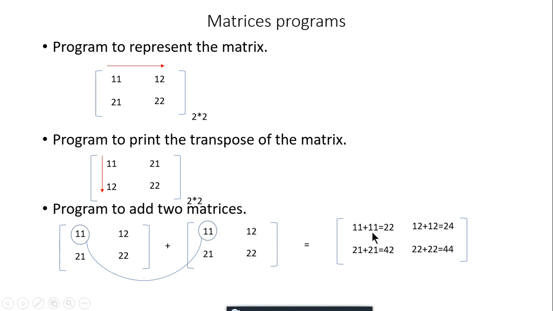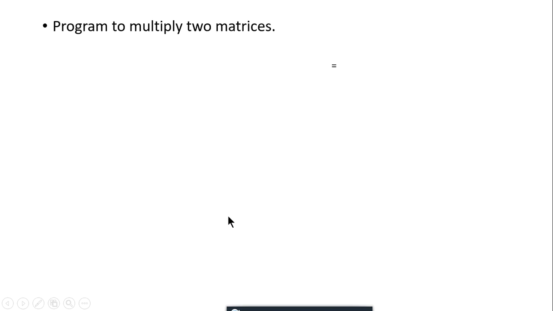To implement this program, you will need three matrices. Okay, make sure that the matrices are of same size, that is either of 2 2 or 3 3 or 2 3 or 3 2. Okay, now after performing this program, you can continue your program of matrices multiplication. Now matrices multiplication is a difficult task to perform. If you have these two matrices,